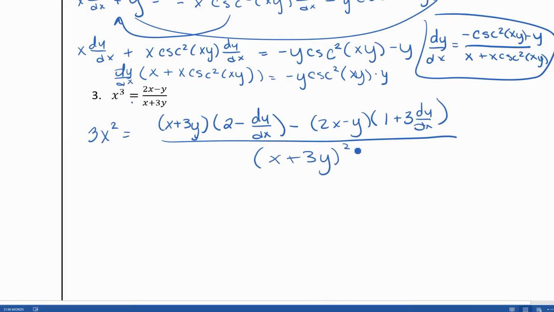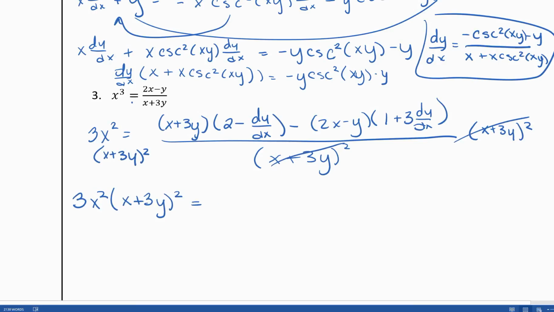Now we've got a lot of simplifying in algebra we need to do here. The first thing we're going to do just to make it a little bit simpler is multiply both sides by (x plus 3y) squared, this denominator, so that we clear out the denominator on the right hand side. So this gives us 3x squared times (x plus 3y) squared equals,